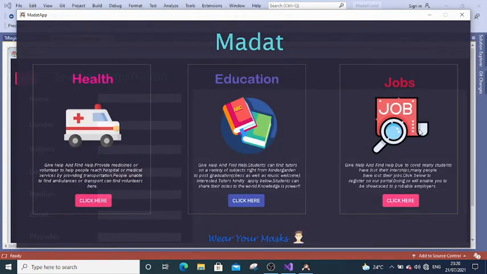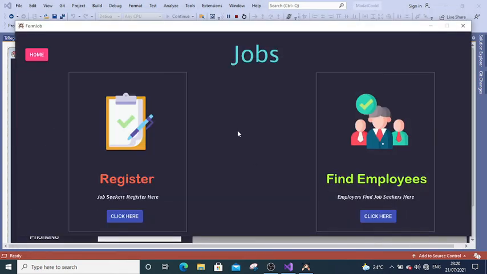Now let us look at the job section. So I'll click here. Now the job section has two parts. One is register and the second is find employees. As we all know, in these COVID times, many people have been laid off from their jobs. Some of the youth are not getting jobs.